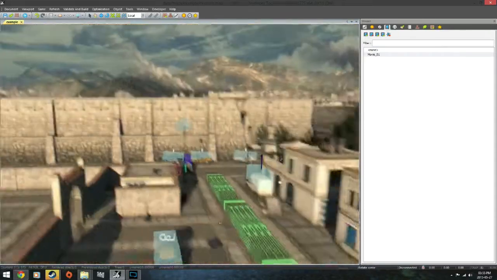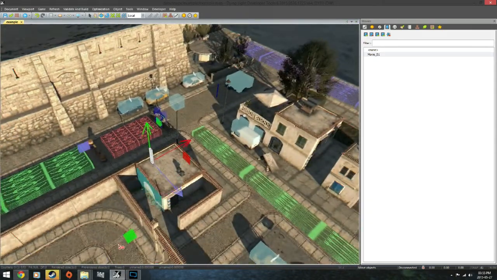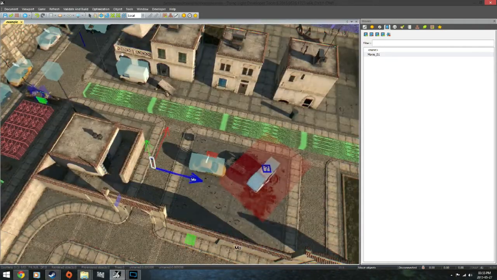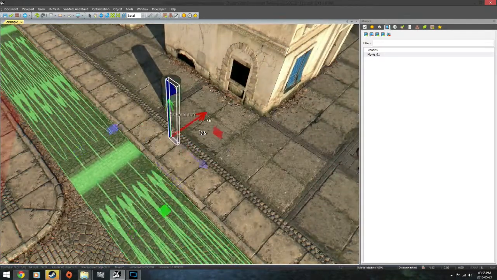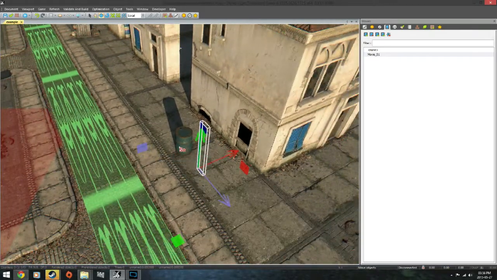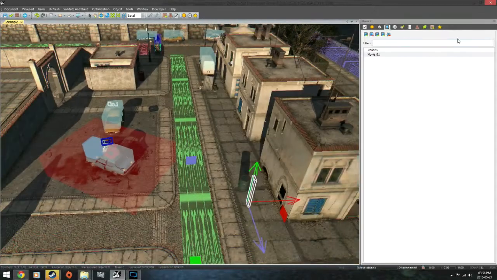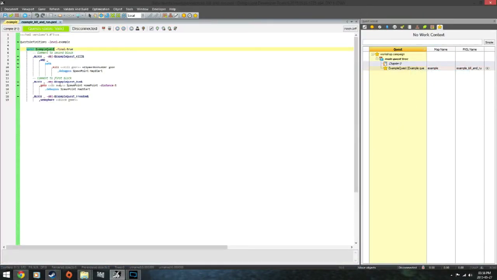What I'm going to do here is move the second go-to point. It's part of the basic quest. I'm going to move it here, and I'm going to get the movie for the barrel to move to play when I get to this go-to point. So what we're going to do is open up example quests. This is the go-to thing. So what we're going to do is make it